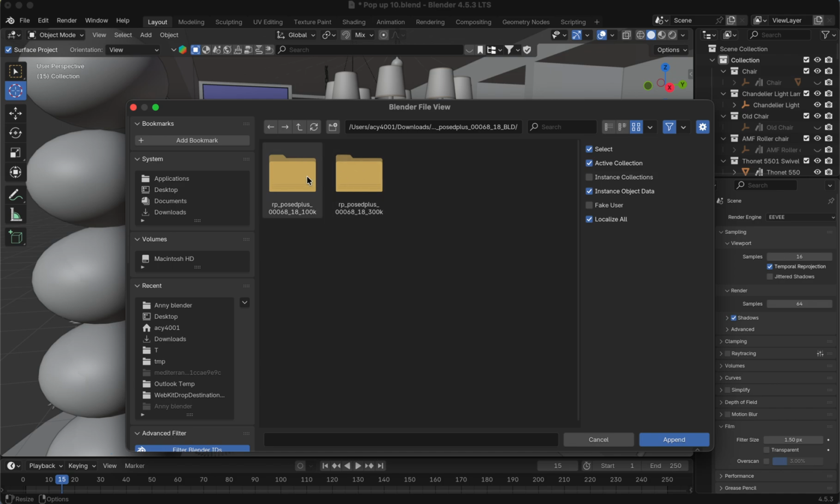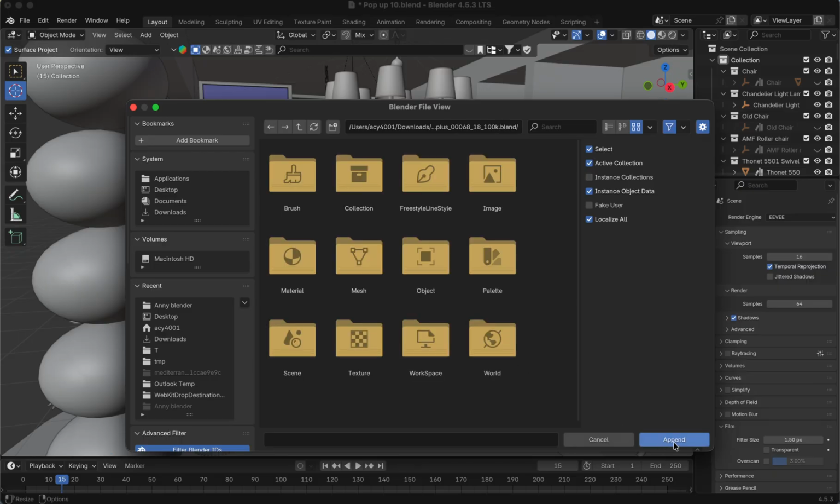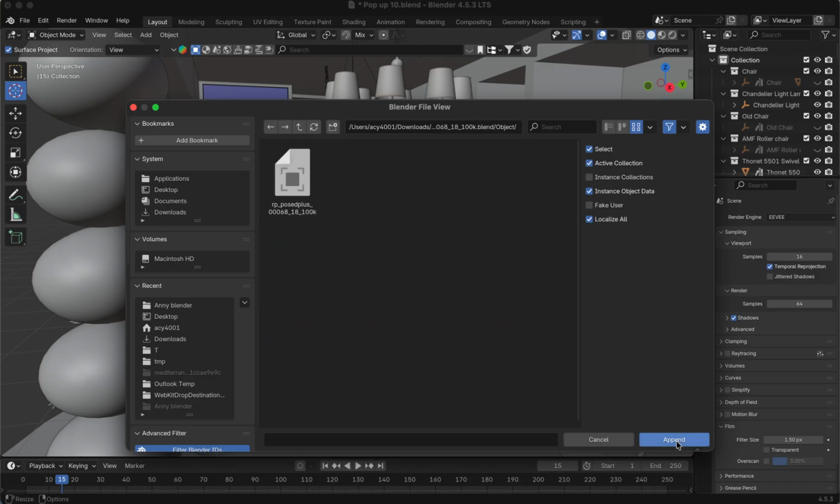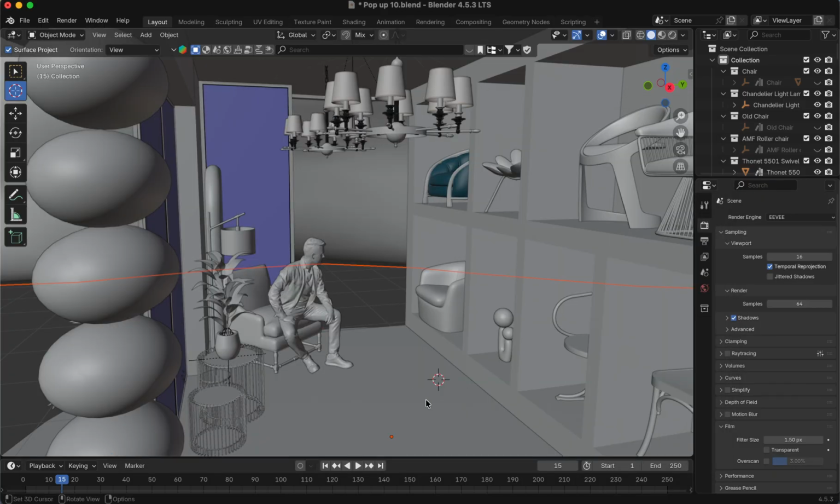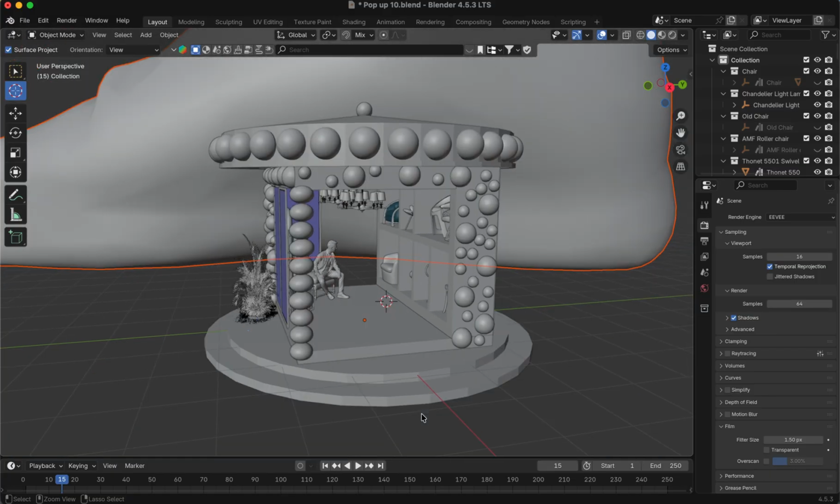Then we can select this one. We want to select that one. So in here we don't want the textures, materials, map. We're just gonna select this, and then we're gonna select this again, and somehow it's gonna be really big, so we're just gonna zoom out